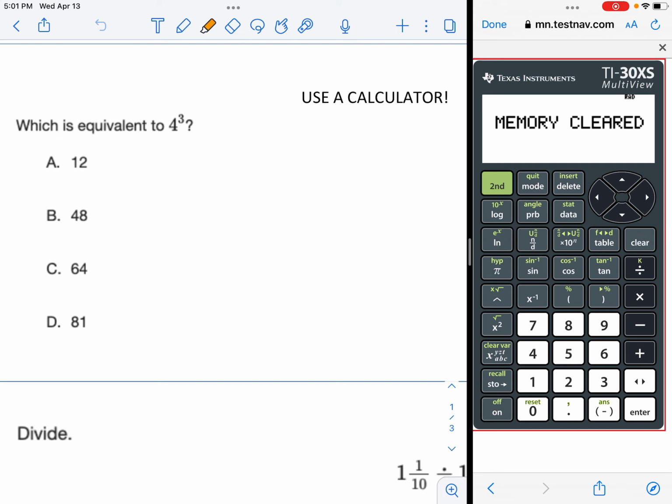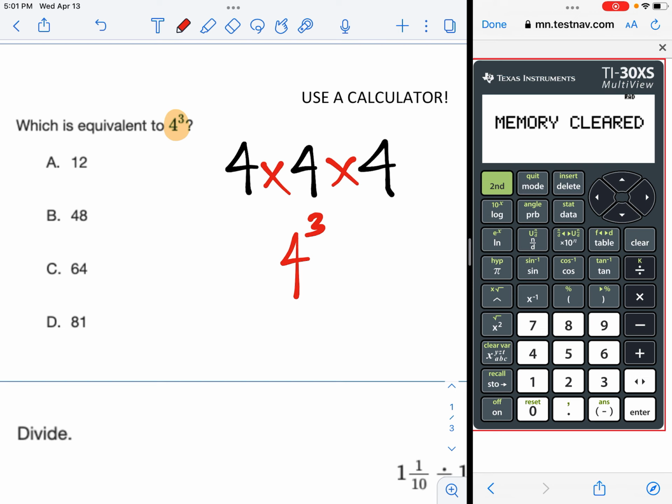For the first problem, it says 4 with a little 3 in the air. That's 4 to the power of 3. You might remember that's a 4, a 4, and a 4. It's 3 4s, and be careful, it's not pluses in between, it's times. You can always just do that in your calculator. But if you want to put 4 with a little 3 in your MCA calculator,